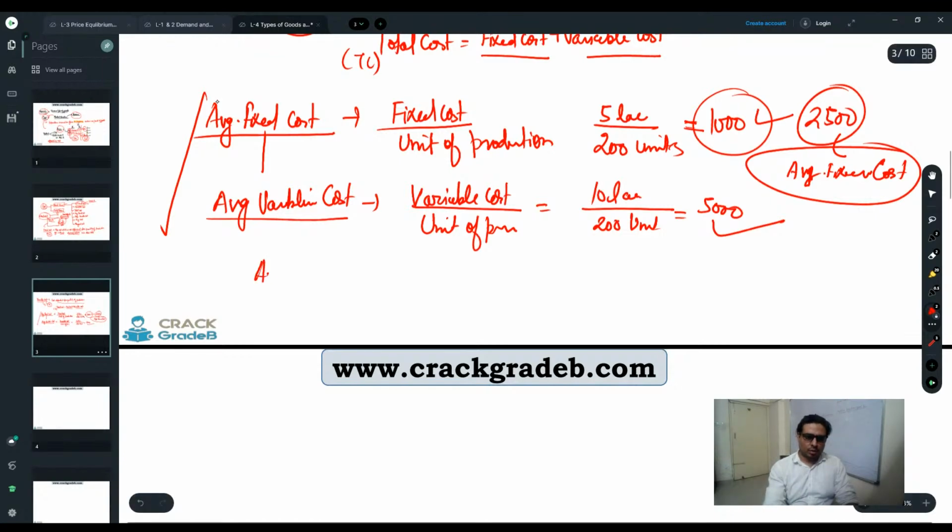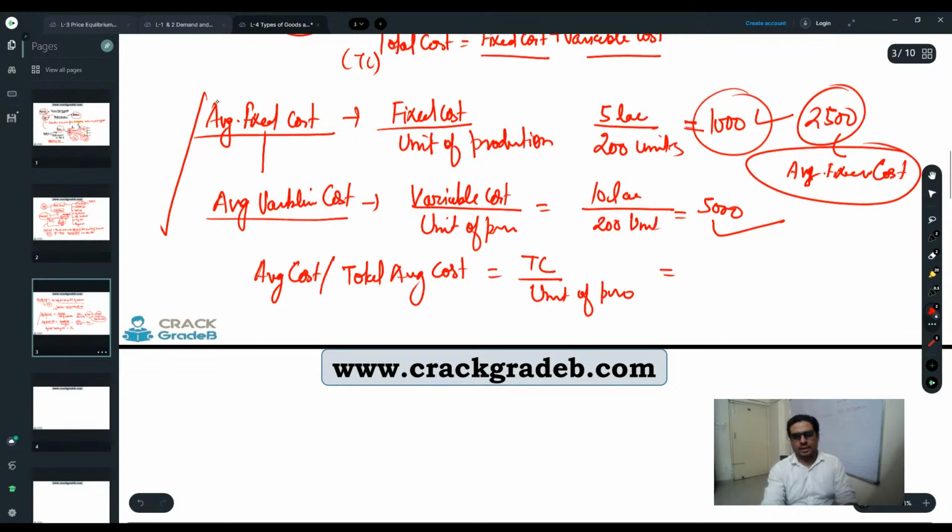And if they are asking average total cost, then it is total cost upon unit of production. So here, 5 lakh is a fixed cost, 10 lakh is a variable cost, total 15 lakh, and then upon 200. So the answer will be,